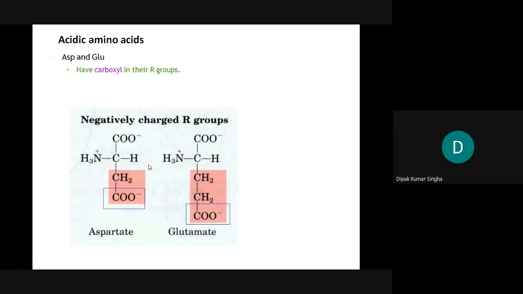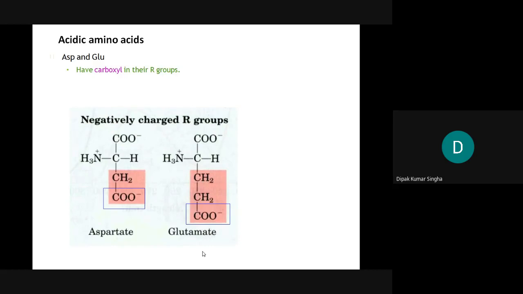These are also very important: aspartic acid and glutamic acid. Aspartic acid is used as a sweetening agent, and glutamic acid is used as a flavoring agent. Nowadays the sweetener aspartame, which is available in the market, is around 200 times sweeter than sucrose. This aspartame is an aspartic acid derivative, and glutamate is also used as a very delicious flavoring agent. Nowadays it is specially used as, write down this, MSG,